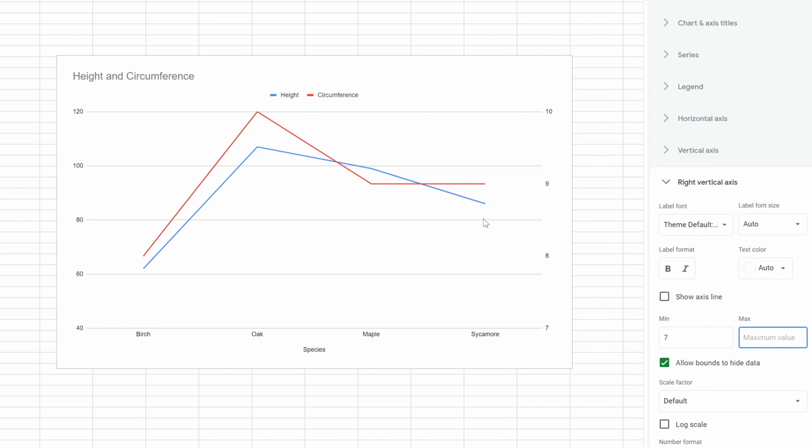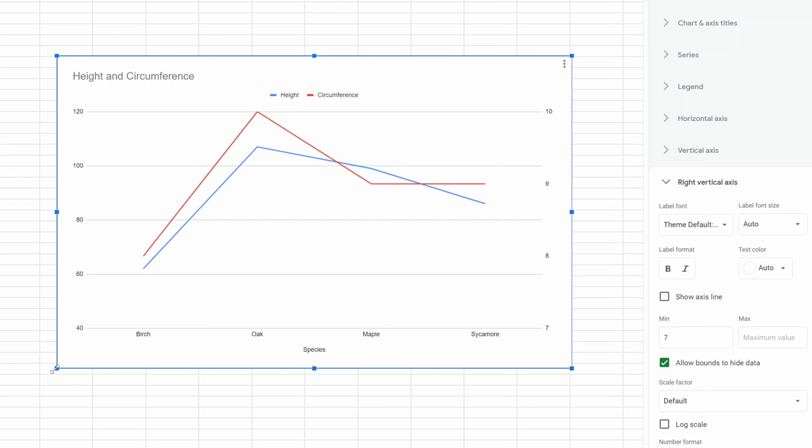All right, so when you come back and look at the chart, you see now a clear correlation between these two. They tend to move in tandem, right? So as a tree gets taller, it needs to get thicker. But maybe the maple doesn't need to get quite as big around to support its height. Maybe this is made up data though, so who really knows?